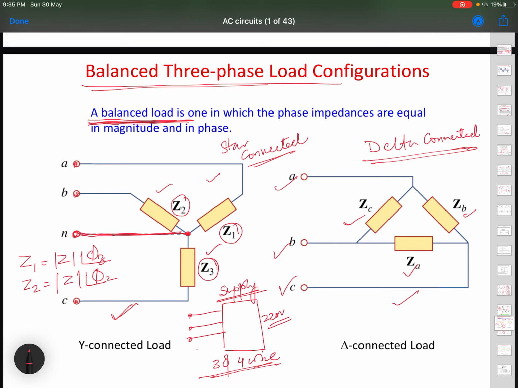Please remember that even though the loads sometimes are not balanced, in the practice of electrical and power engineering people may actually consider the system to be balanced and make thumb rule calculations, some simple calculations which are quite accurate up to an extent as far as generalization is concerned. They may not be very accurate, but they are practically accurate for making certain decisions. So we'll see how these loads are actually connected to their different sources, and how they can be simplified for analysis, specifically when they are balanced.